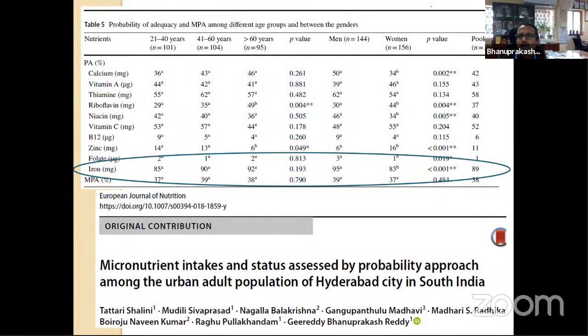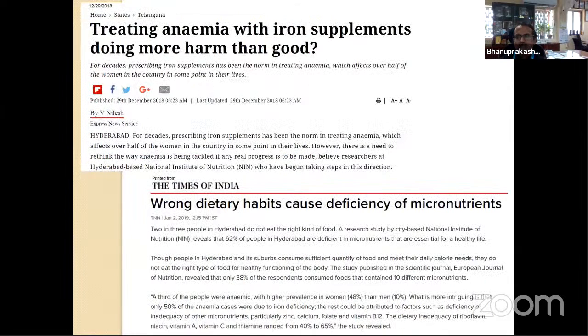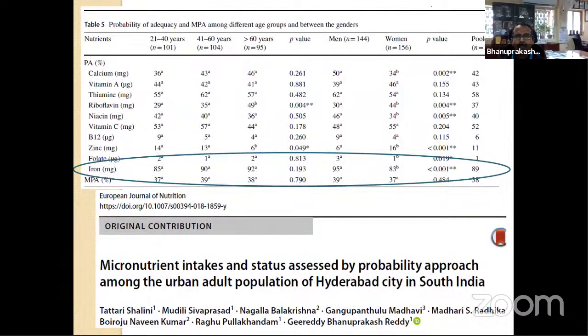So like this, I can go on telling some points we have highlighted. We picked up that our iron intake is almost 90%, but anemia is still there. That means the iron that you are giving is not actually getting utilized. The problem is with utilization, not with intake. You are taking it left and right, but it is not getting utilized. We have to solve that problem. Why are we not able to utilize it? Maybe there is some other reason in this area. So that is the problem we have.